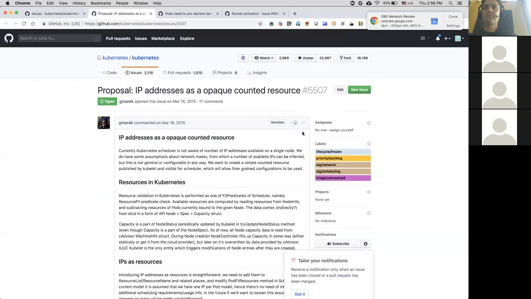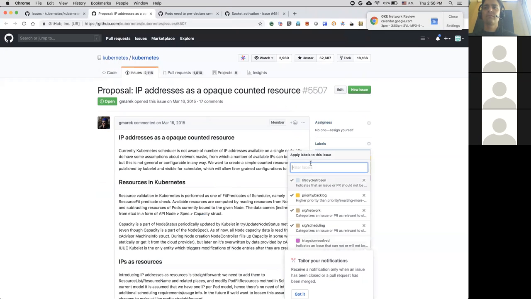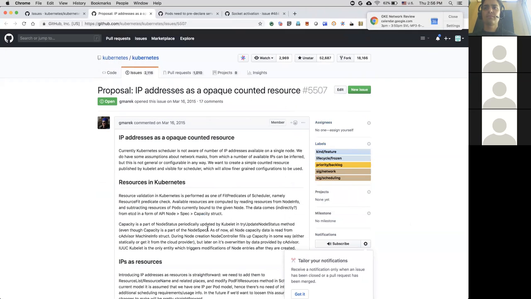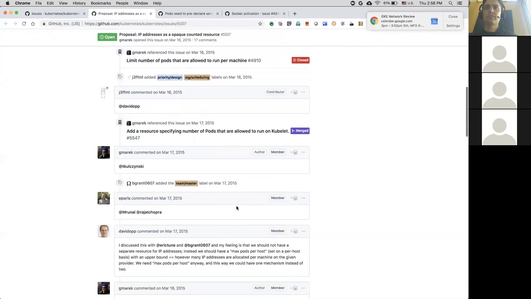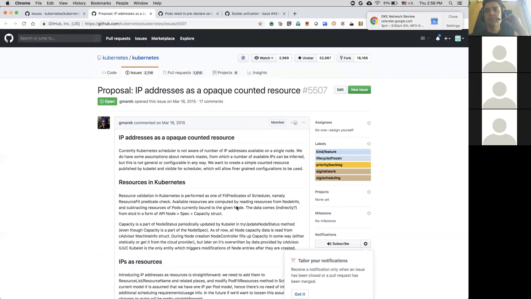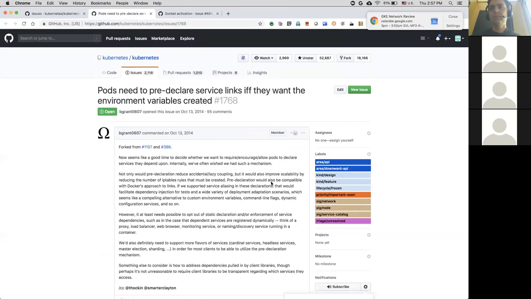Oh man, no, these are all feature requests. Yeah, and not going to happen. Although actually, someone asked about this one recently. We've talked about this in SIG Network in the past, right? The AWS people wanted to have some resource accounting for IPs. It's come up a couple of times, so this is still relevant. Yeah. Feature request, right? All right. Triaged. We can assign it to somebody maybe.